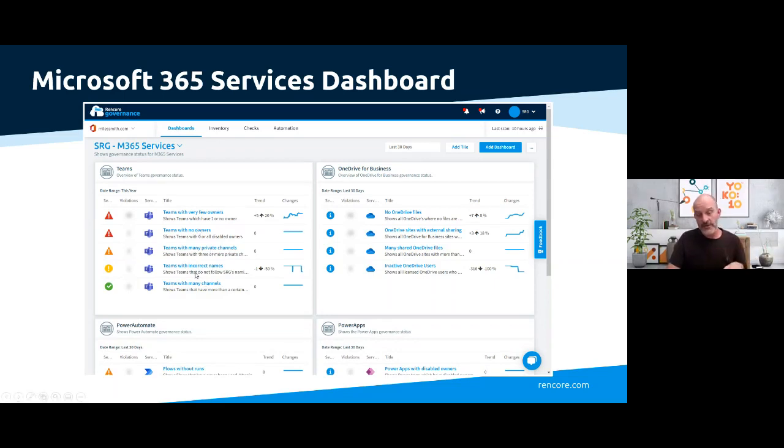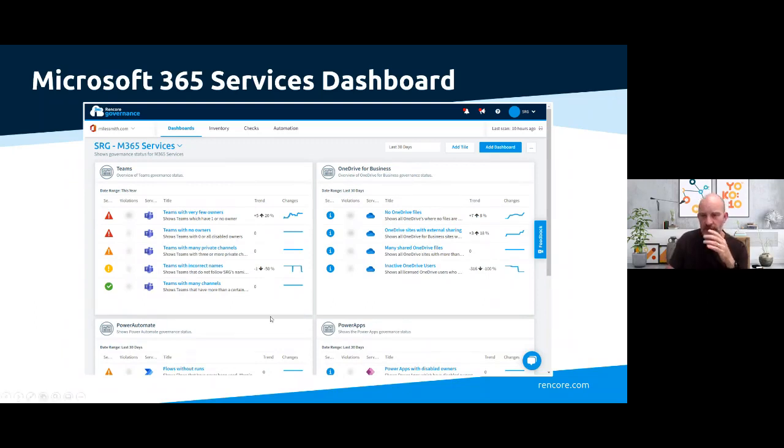SRG have a standard naming convention for their teams. So any teams which don't follow that naming convention are flagged here, and then they can just be renamed and corrected. And we have teams with many channels. So again, a bit like the private channels. If a team has many channels, then maybe that would be better broken up into multiple teams, or perhaps there are some channels in there which would be better off archived, and we need to do a bit of housekeeping in there.